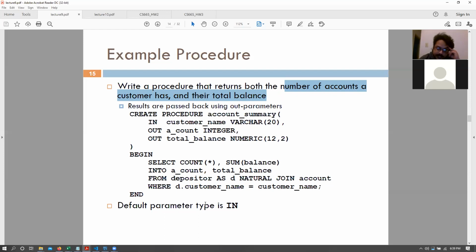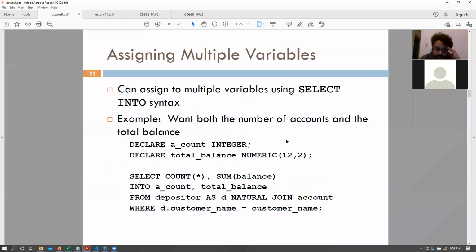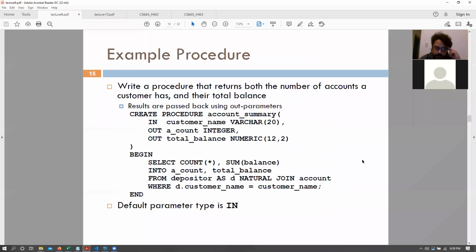Right, exactly. You guys are correct. So essentially, functions can return only one thing, and here we are returning two things. That is why we can't use a function to do the same thing. Although we did have an example of a function that did the same thing with multiple variables, account and total balance, at the end of the day, we have to return one of those things. Right?